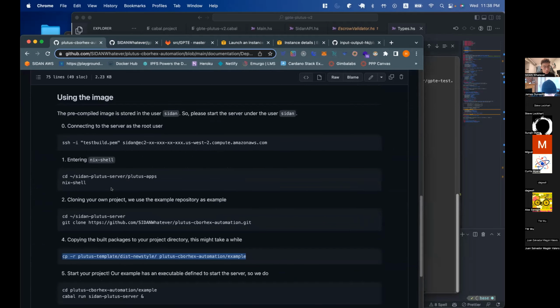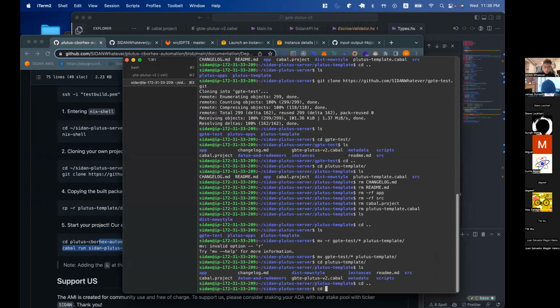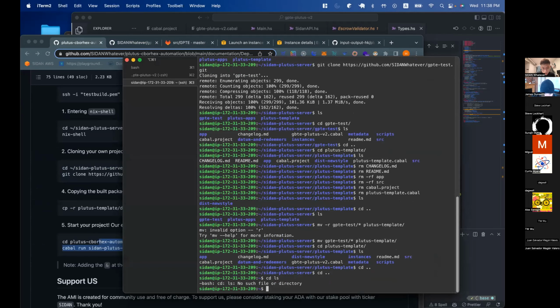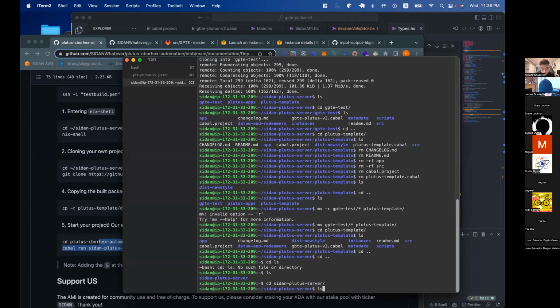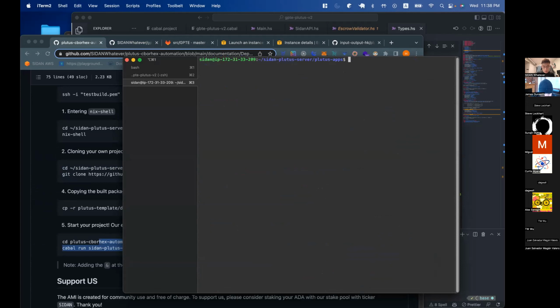So what we have to do is just to enter the nix shell, and then we run the server. And let's see. Oops. Yep. Let's wait for the magic to happen. It's really good to see